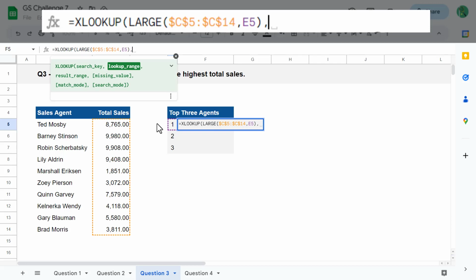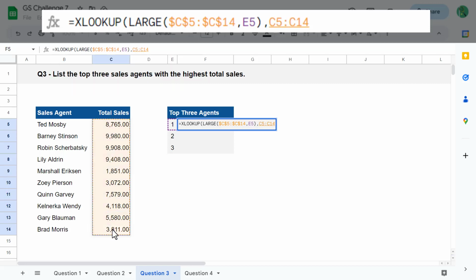Now for the second argument of the XLOOKUP function, you want to select the range C5 through C14. That's because the lookup value will be the number calculated by the LARGE function, and then you want to search for that value within the range of C5 through C14. You also want to make this an absolute reference as well, so press the F4 key on your keyboard